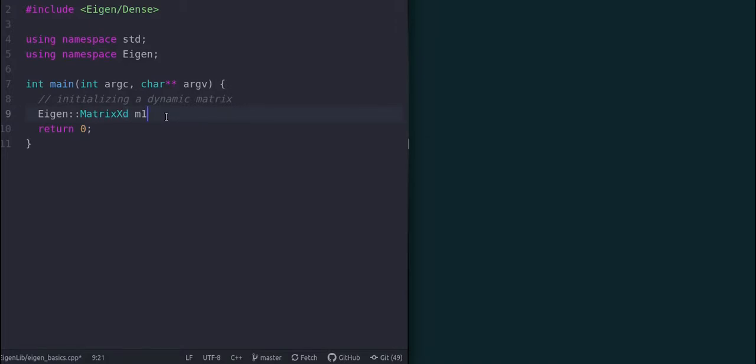And then we have the name of the matrix, and we are defining the size of that matrix to be 2 rows and 3 columns. Once we have that, we then need to provide the coefficients of the matrix,